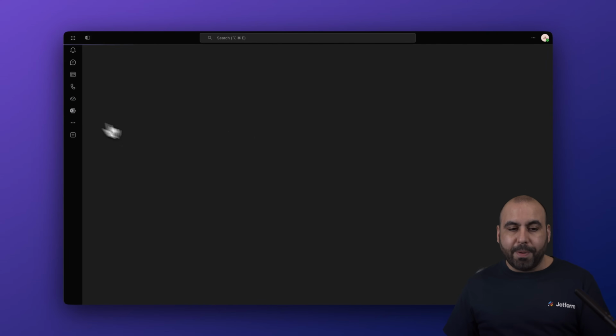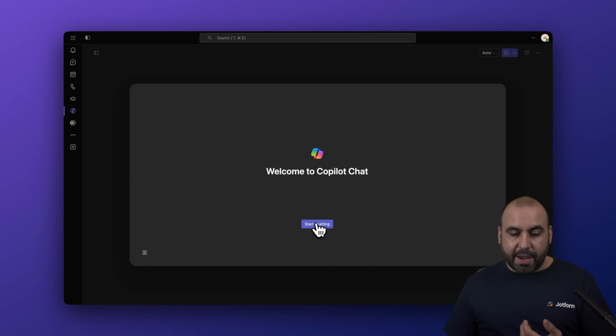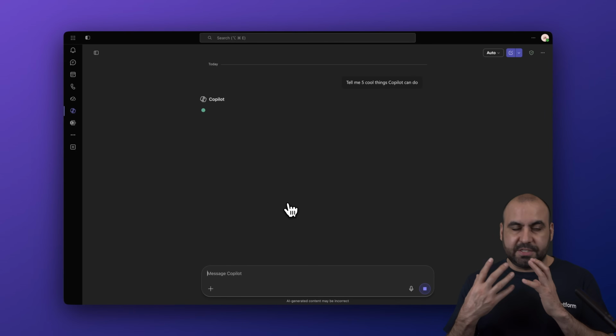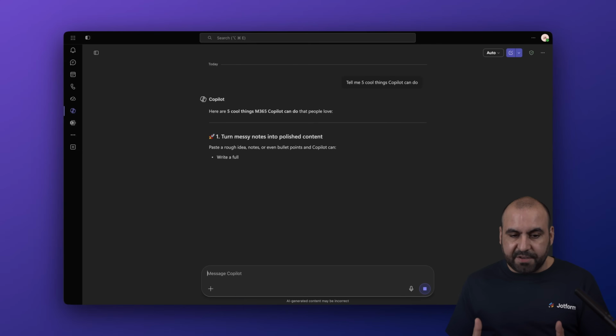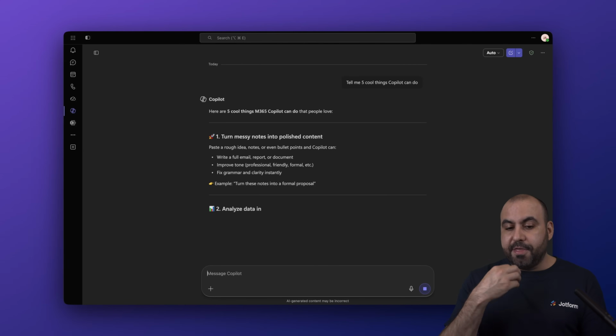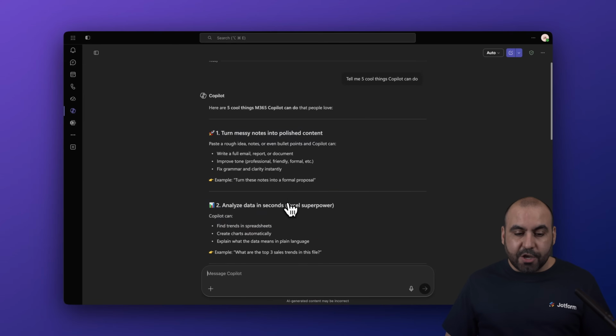Next, we have Copilot. Copilot is their AI system that lets you chat with it right away. That means that just like ChatGPT, Gemini, Claude, etc., Microsoft 365 has Copilot. The good thing about Copilot inside of Teams is that you can talk to everything inside of your Microsoft 365 account. That means that if you need to ask for a meeting, if you need to create a meeting, if you need to ask for a certain file that was sent at a certain date, you can go ahead and